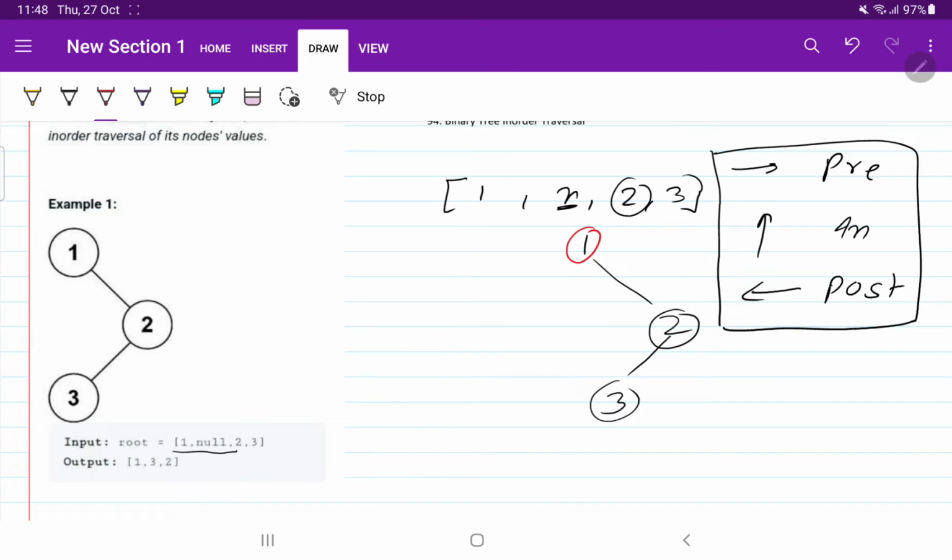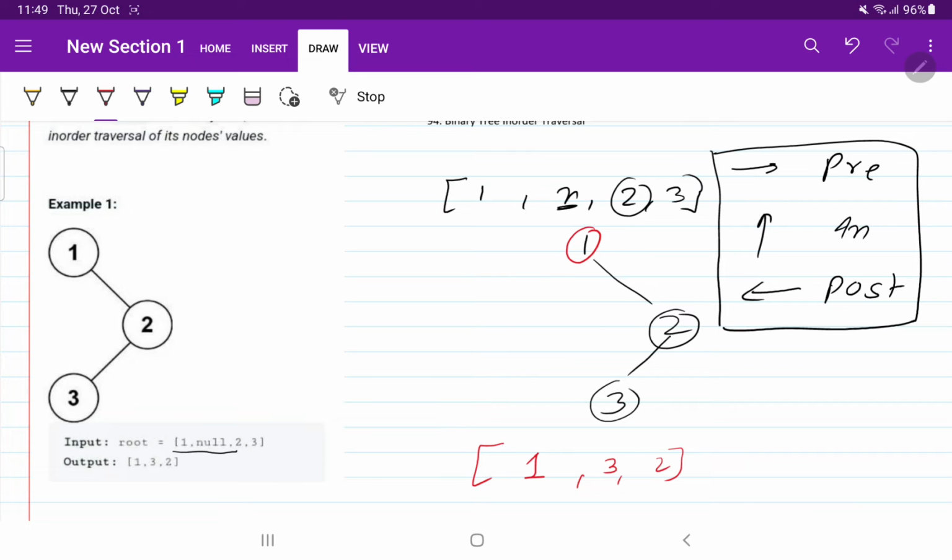Okay, so here it is in order. What we have to do is come to the root. First of all, we will traverse like this, anti-clockwise. So from here we started. Then we will write in output 1. Then nothing is there on this side, it will come to here and again we will point, then 3, then 2. Okay, then 2, and now it's completed. This is the in order traversal.